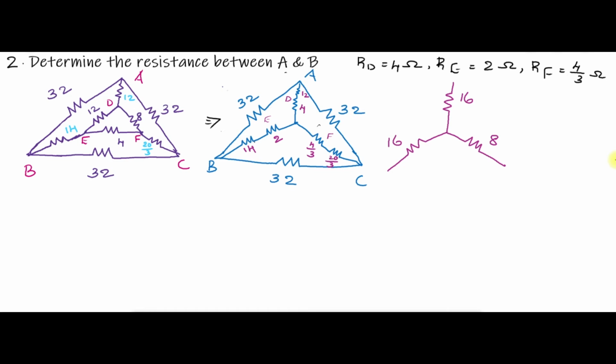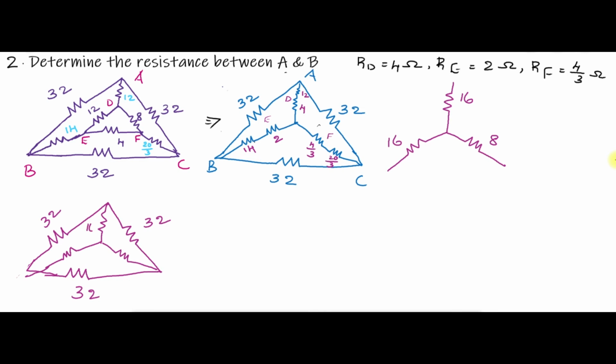Now you have to replace this in this manner. So this 32, this 32 and this outside 32 I have kept as such. Then inside circuit your star connection will come. So you have to redraw a star here. So you will be getting a circuit in this manner. 32, 32, 32. Inside you will be having 16, 16 and 8. Now you have to convert this star into delta. So for converting star into delta, you can name it as A, B and C.